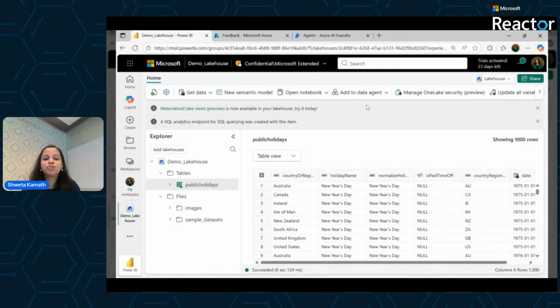So traditionally, how it used to happen is that this data used to sit in, say, a traditional data warehouse, and then we would have to maybe put a select star or some such capabilities where you would have to manually go and understand the data. What happens today is that Fabric gives you a data agent out of the box that can actually help you converse with your data that is present in the lakehouse. So you don't really have to go to a select star. You don't even need to know SQL to understand your data. What it does for you is that you ask in English language and it will go and query the data for you. So I think this is a beautiful concept. So let us see how that happens. So when I go forward here,